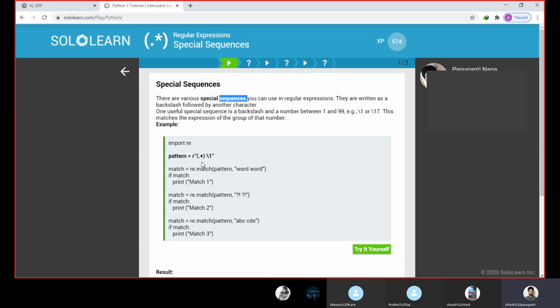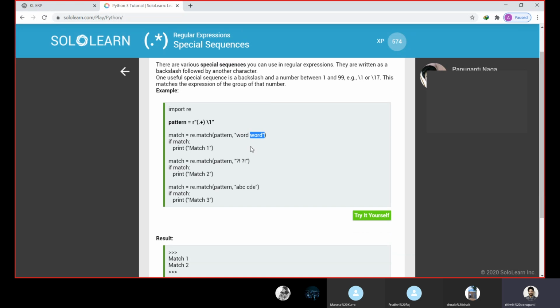This will match the same repeated pattern. So the pattern is word and word; the same is repeated two times. So word word does match, and question mark exclamation mark, question mark exclamation mark, that does match. So match 2 will be printed here, and for ABC and CDE, it does not match our pattern, so it will not be executed. So match 3 will not be printed here.